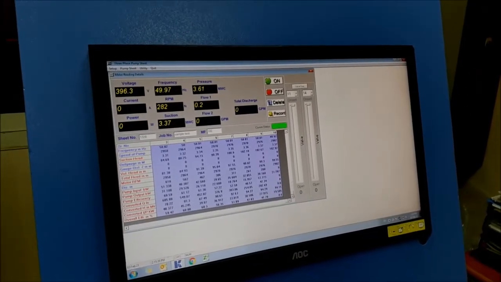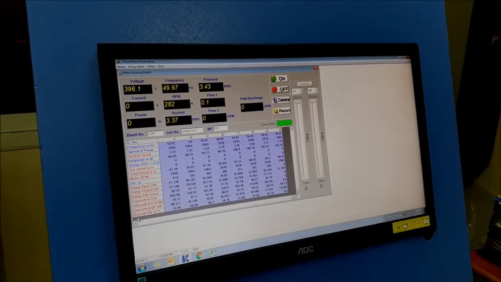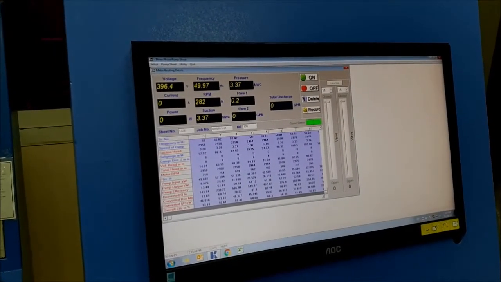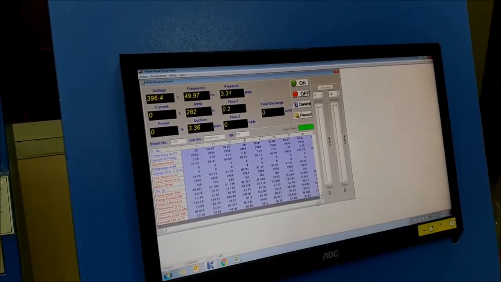In the same way we have taken from 4 to 10 readings as per user requirement. Now the readings have been taken. We will check the report now.